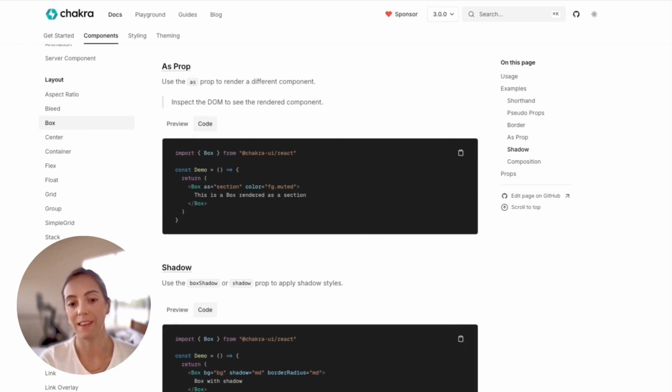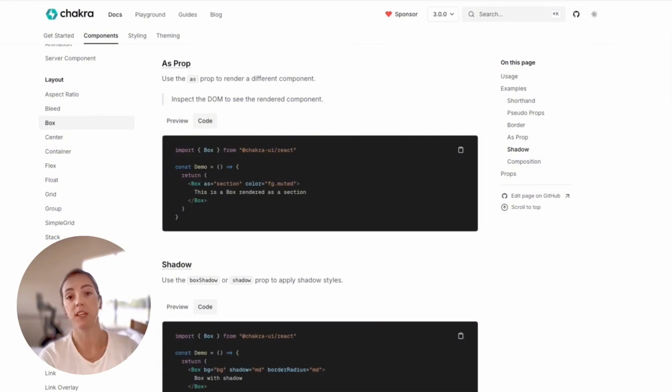However, if you are leaning into more semantic HTML5 tags and trying to make your markup a little bit more readable by the screen reader and make a little bit more sense, then it is highly advised to use semantic components instead. And it doesn't mean that you have to create a different component. You can still use a Box component and you can pass the tag that you would like to use through